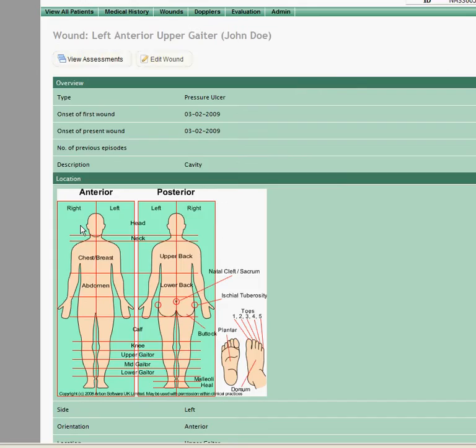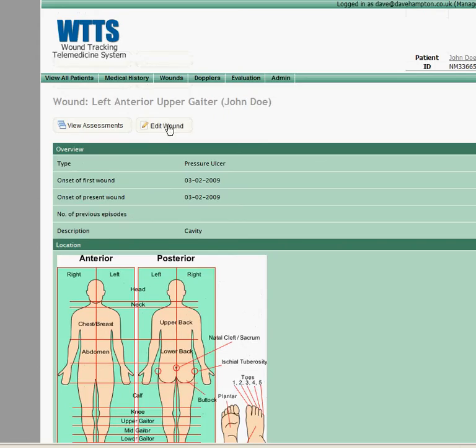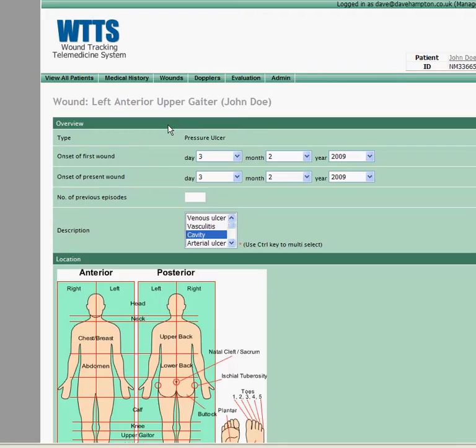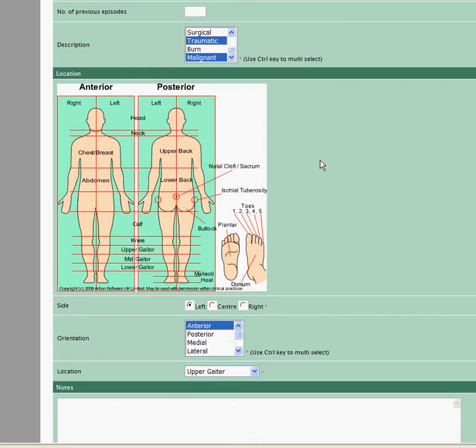and we can see that we're presented with fairly basic information about a wound, particularly about its location and its type. Now if we edit this wound, you'll have various options to describe it. You can have many of these should you so wish, and you'll see that using this nice little graph here, this nice picture here, we should be able to